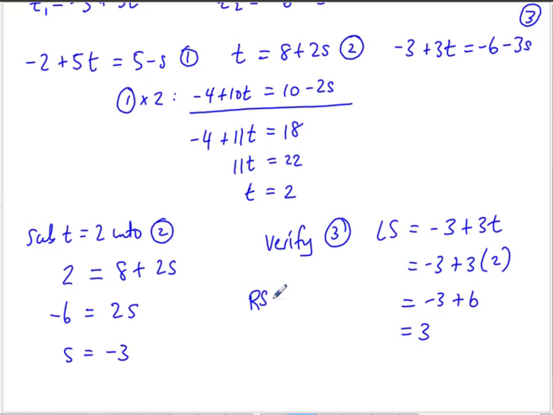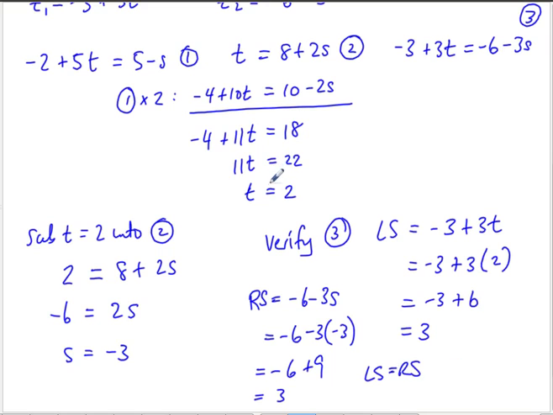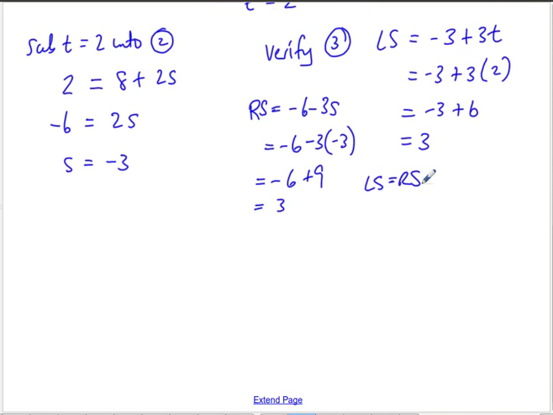My right side of equation 3 is negative 6 minus 3s, which is negative 6 minus 3 times negative 3, which is negative 6 plus 9, which is equal to 3. So my left side is equal to right side, and since I got my solution from equations 1 and 2, and I have verified it with equation 3, so therefore the system